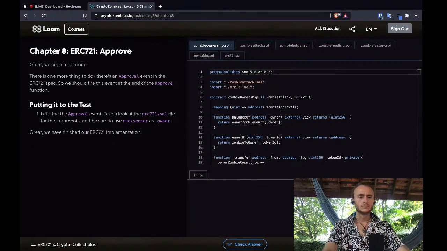Chapter 8, ERC 721 approve. Great, we're almost done. There's one more thing we need to do. There's an approval event in the ERC 721 spec, so we should fire this event at the end of the approve function. Putting it to the test: let's fire the approval event, take a look at the ERC 721 file for the arguments, and make sure message.sender